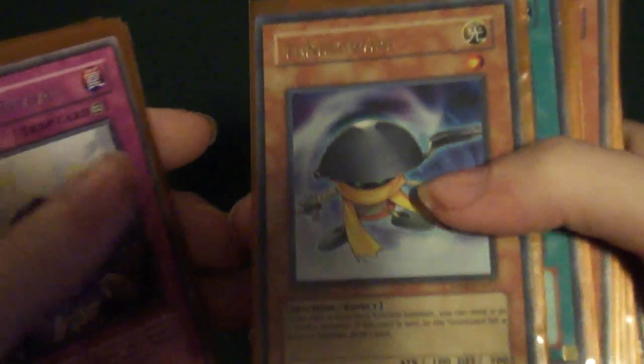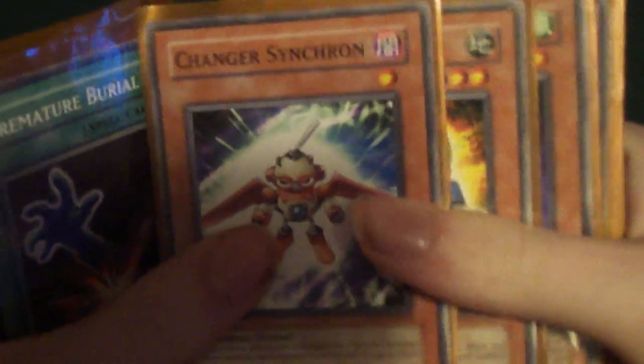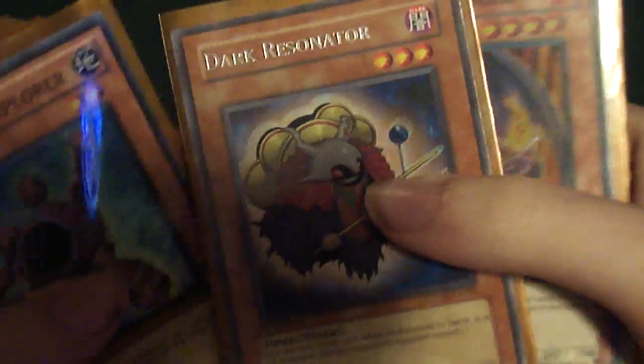I gotta change it. But what's in it right now is I got Battle Tuned, Toon Warrior, Turbo Booster, Shield Warrior, Call Haunted, Majestic Dragon, Magical Golem, what's one? Star Blast, Speed Warrior, Drill Synchron, Marauding Captain, Pot of Greed, Graceful Revival, Tuning Wear, Mystical Space Typhoon, Compulsory Evacuation Device, Monster Reborn, 1-for-1, Boost Warrior, Premature Burial, Changer Synchron, Synchro Magnet, Max Warrior, Field Commander Roz, Junk Synchron, Synchron Explorer, Dark Resignator, Flameville Garinka, oops,